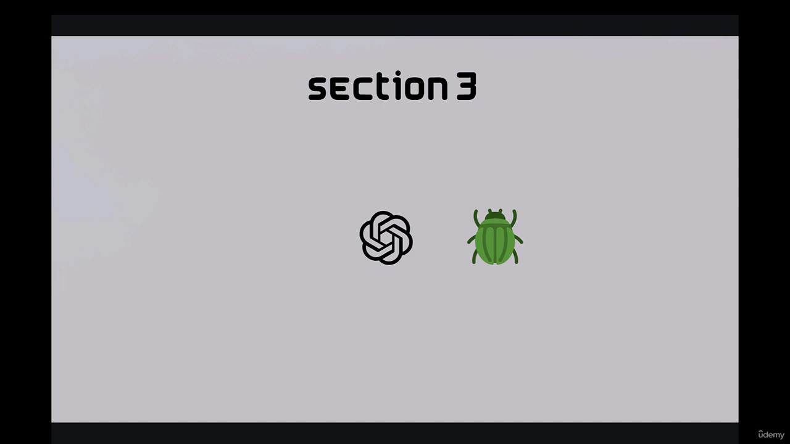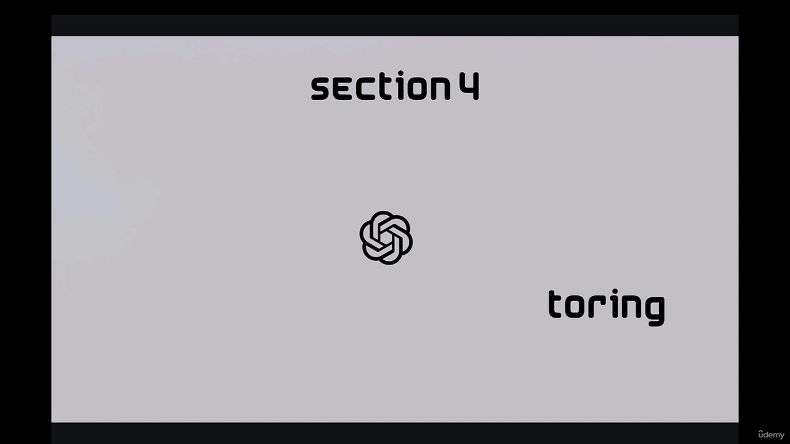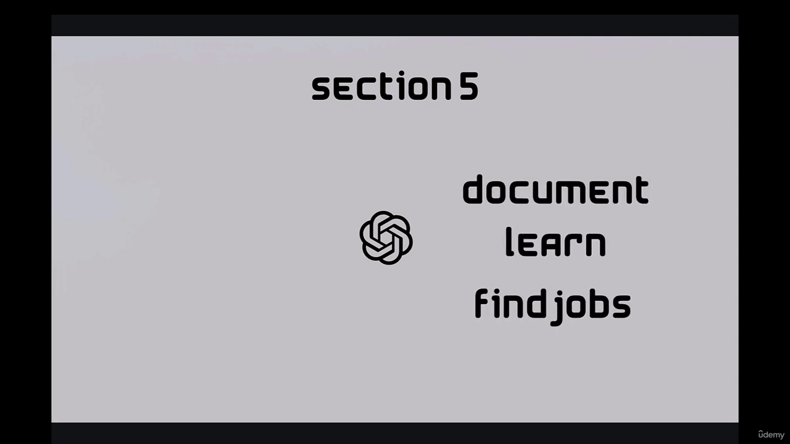You'll learn how to quickly and easily fix coding bugs using the advanced language processing capabilities of ChatGPT. In section 4, we'll look at how to use ChatGPT to improve existing programs. From adding new features to making codes more efficient, you'll learn how to make the most of your programs with ChatGPT. Section 5, we will dive deeper into existing uses of ChatGPT in the programming field, from writing documentation to